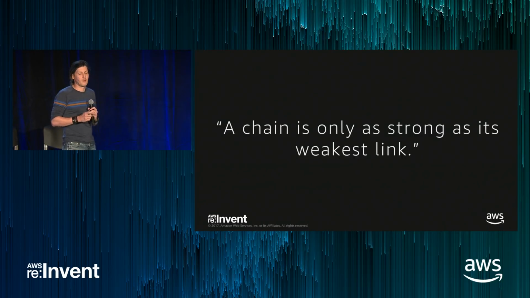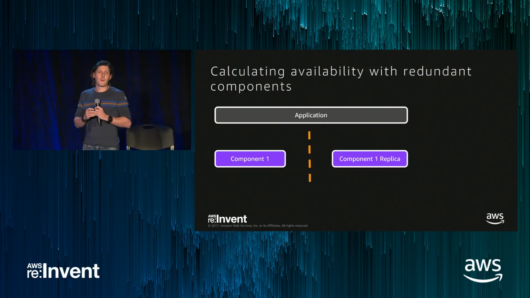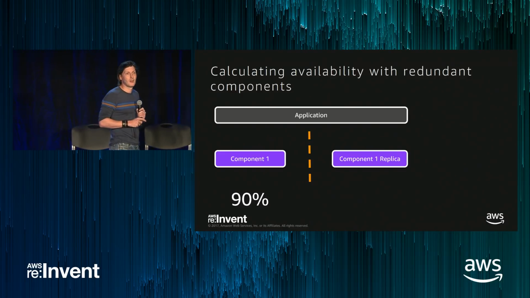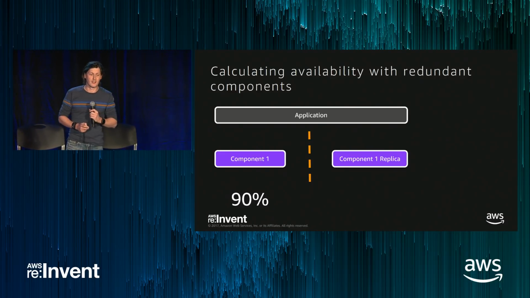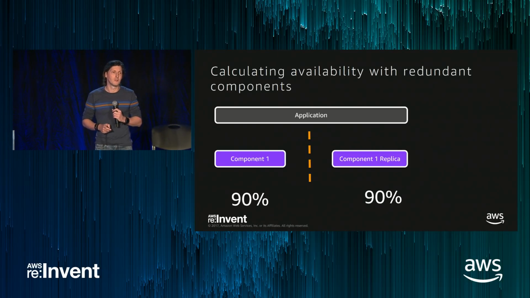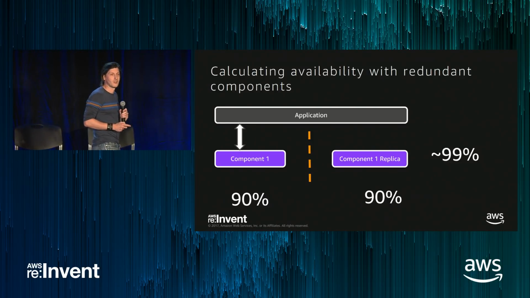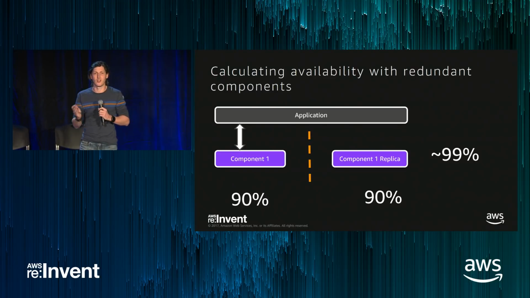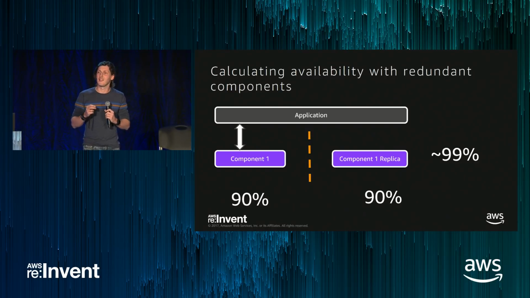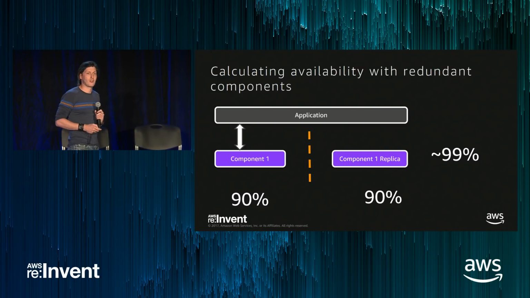You can do a lot to increase the availability of an application by putting it into a high availability environment, for example. If I have 2 components, exactly the same, one in one AZ and one in the other, each designed to be 90% available, what's the overall availability going to be? 99%. This is the important thing to note. This is why parallelization and distributed architecture are so important when you're running in the cloud. Understanding the mathematics behind what actually drives availability is critical as you design things.